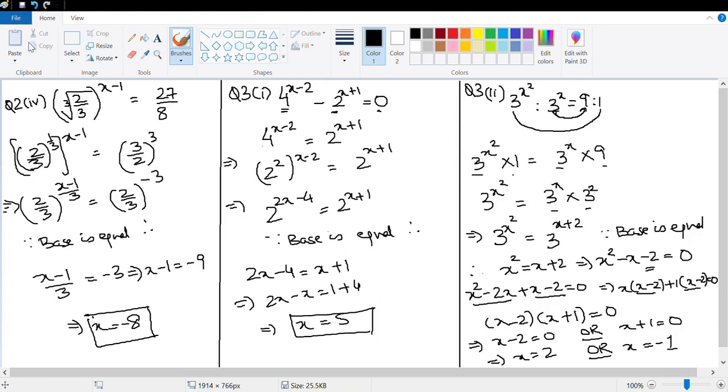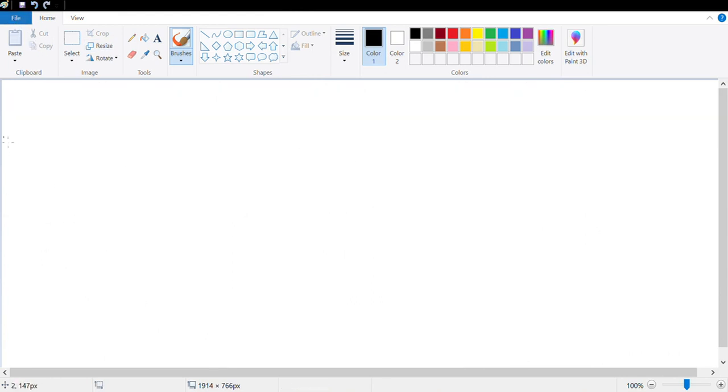Let's move on. Let's solve the next question. The next question is question number 4, part 1. It says 8 into 2 to the power 2x plus 4 into 2 to the power x plus 1 is equal to 1 plus 2 to the power x. Now I notice that till the previous question all the bases were equal. In this question I notice that there is a plus sign here, which means I will not be able to add or subtract the powers, and I notice there is 1 which I cannot write with a base 2. So let's see if there is something that I can do.